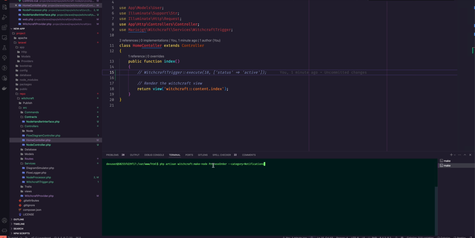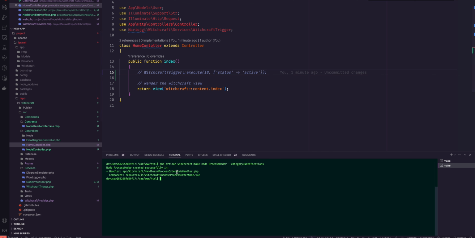Let's say that we have a task where we need to create something that will process our order and return the information to someone, let's say in the marketing team, who wants to send some kind of message or automation, whatever. So what you can do here is use this command to create a custom node to do that for you. In this case, we created this node, and as you can see, it creates two main